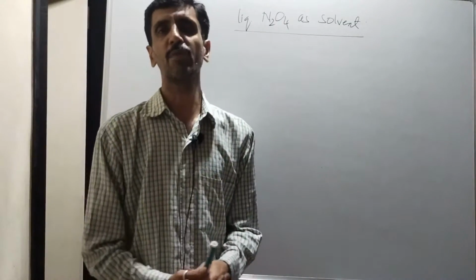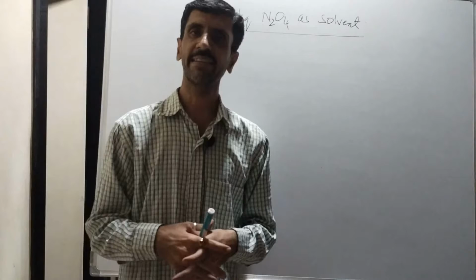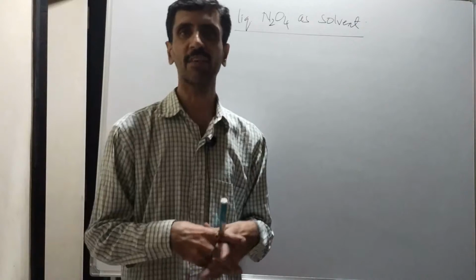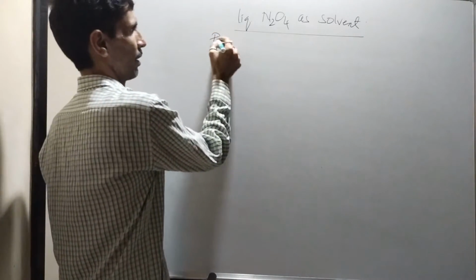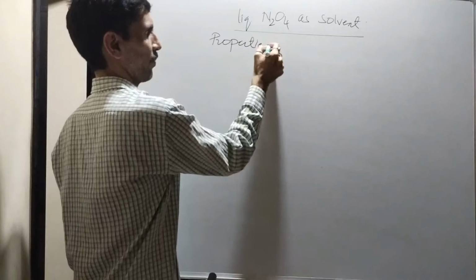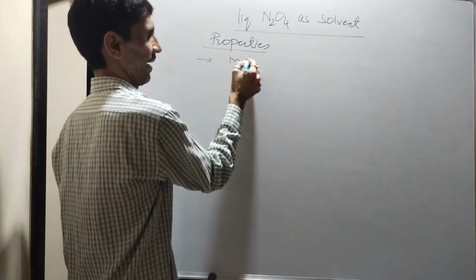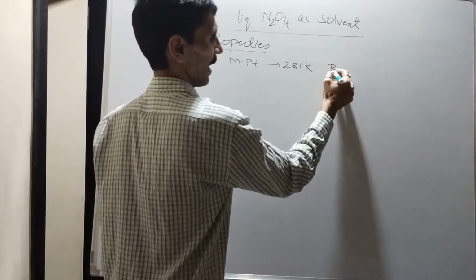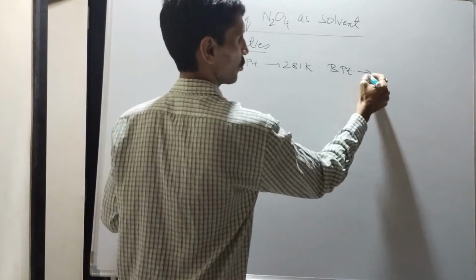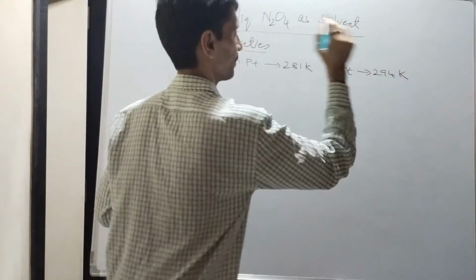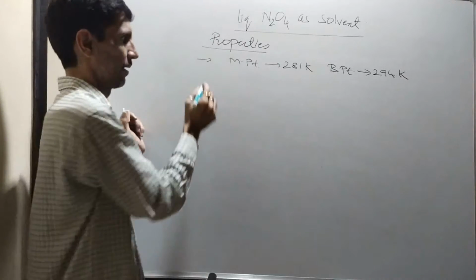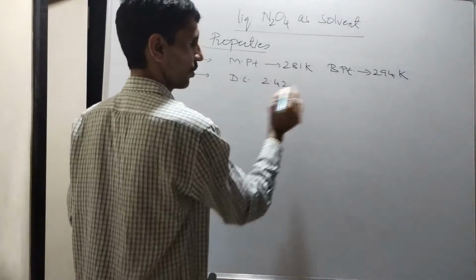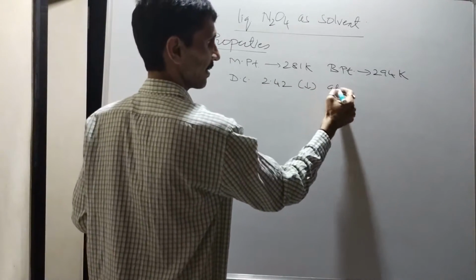Hello my dear friends, we now move on to the next segment, and that is about liquid N2O4 as a solvent. So we begin with the properties of N2O4. Some of the points are: point number 1, its melting point is going to be 281 Kelvin and boiling point is 294 Kelvin. That's point number 1. Point number 2 is its dielectric constant is 2.42, which is considered to be low